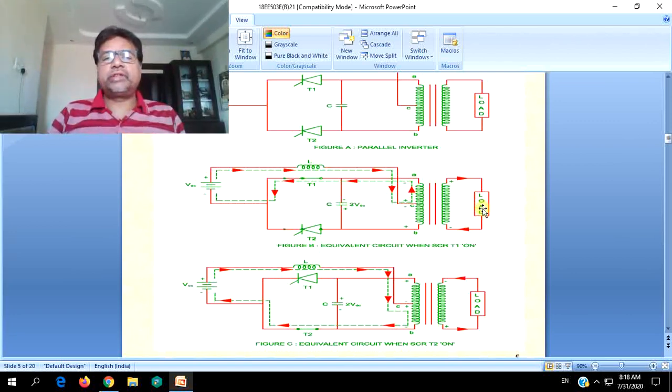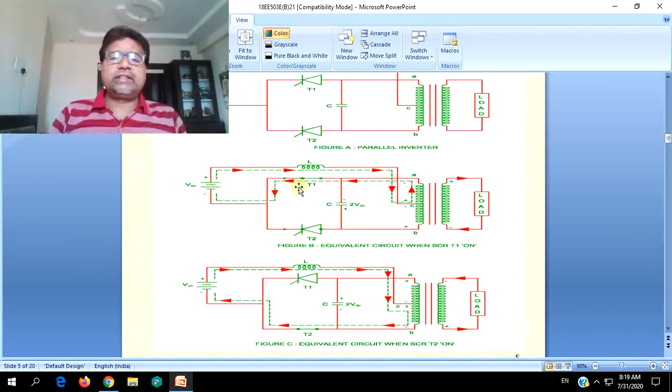What happens in this primary is the induced EMF inside the upper half of the primary. This is the only flux which will be responsible to link the secondary in this interval. So as the number of turns of the upper half of the primary and the secondary number of turns are equal, the secondary induced EMF will be equal to VDC, or supply voltage, or this primary voltage. So eventually load voltage will be equal to VDC.